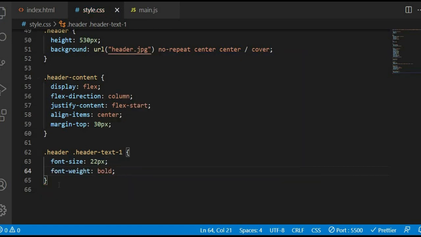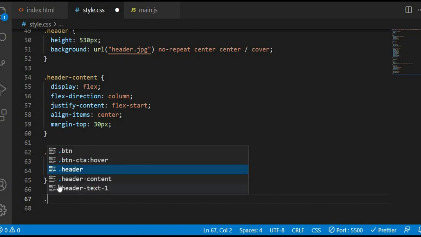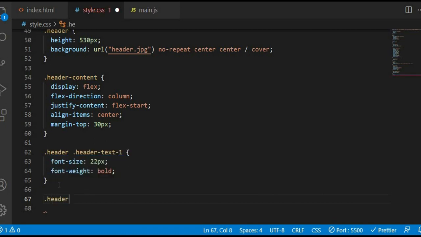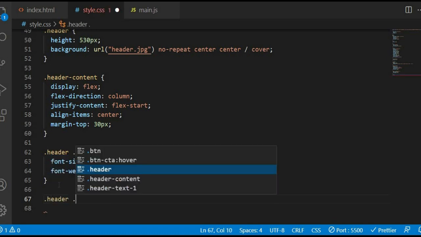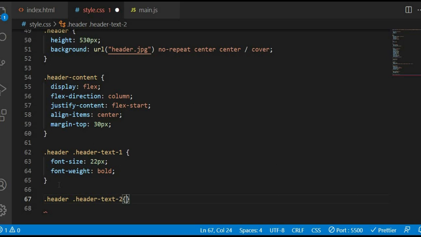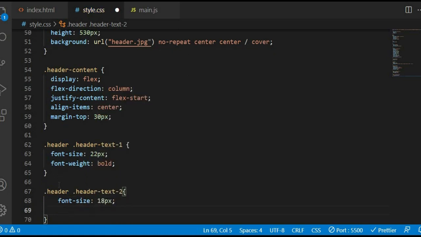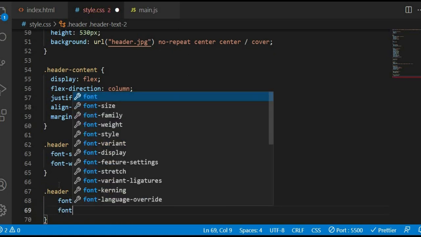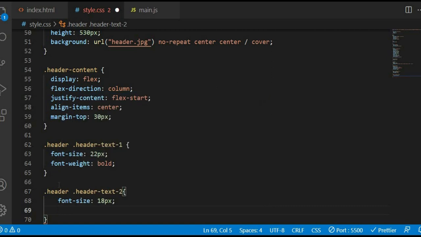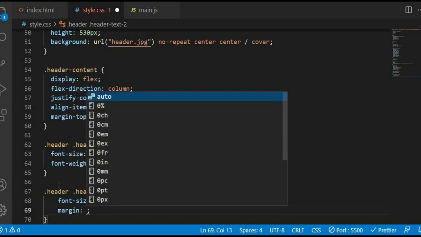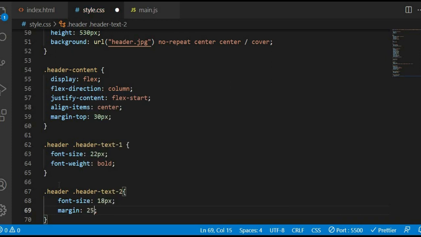So save. Now we're going to select the header text 2, so copy this and change it to 2, and also we're going to make the font size of this 18 pixels, and the font weight is okay. Let's give this a margin of 25 pixels 0 pixels. So save this,